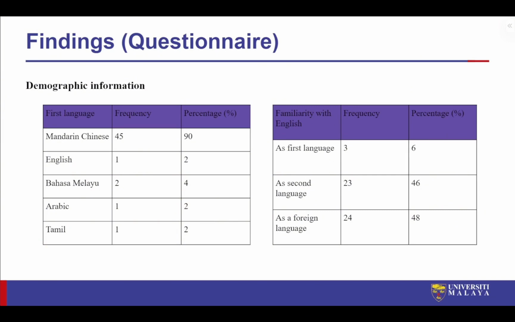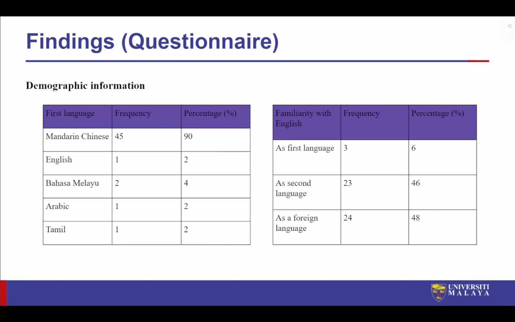So now we will move to the important demographic information. Based on the data we obtained, the overwhelming majority of our respondents are first language speakers of Mandarin Chinese, with a frequency of 45 at 90% of our respondents. So we can see that the MELS program consists mostly of Mandarin Chinese first language speakers compared to the other languages. We also had respondents who spoke other languages as their first language, such as English, Bahasa Melayu, Arabic,